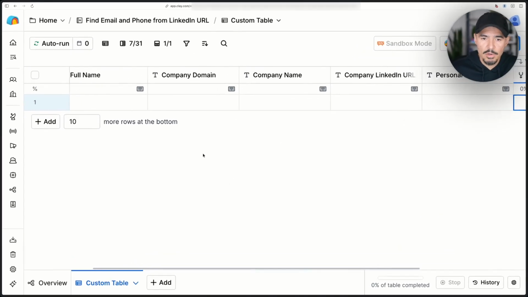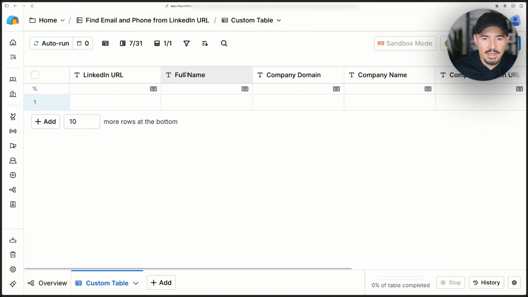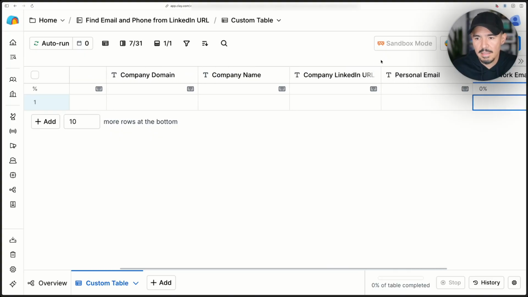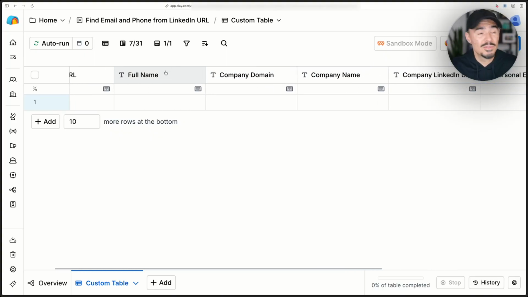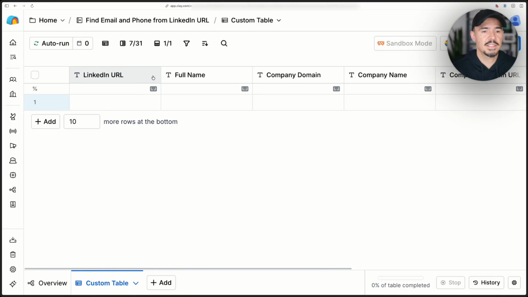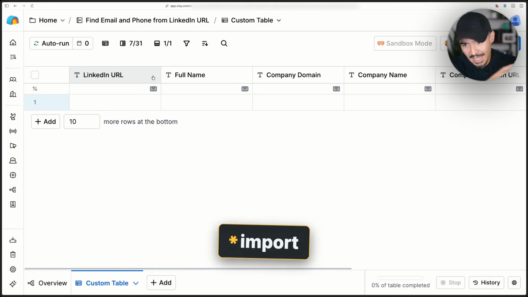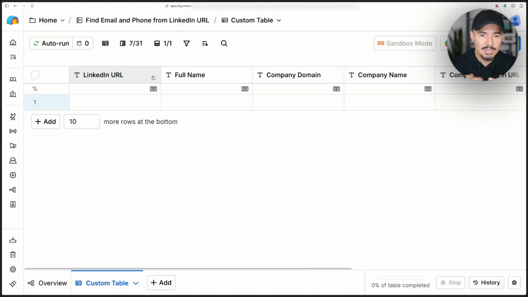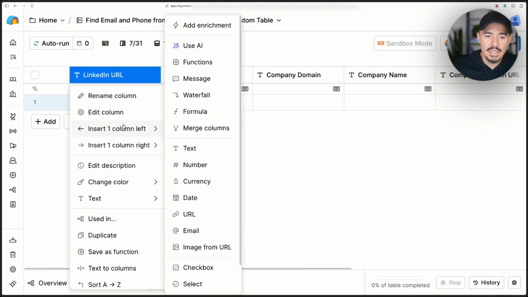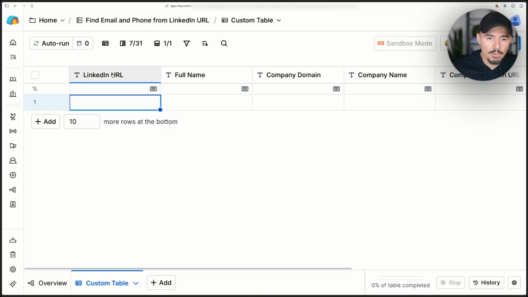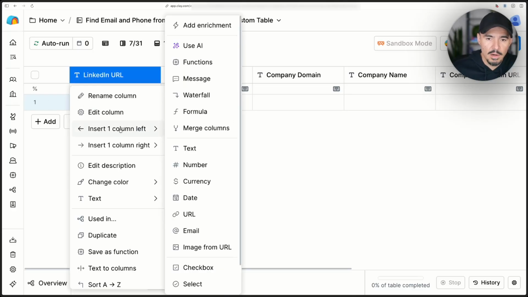So now the bigger question this has introduced is, how do I find full name, company domain, company name, and all of this information from just a LinkedIn URL? Now you have two paths here. You can find a way to just export all of this stuff right in here. And if that's something that you're like, I have no idea how I would get all this information, all I have are LinkedIn URLs, then what we need to do is find information on that LinkedIn URL first as a prerequisite. So we're going to go back all the way to the beginning to our LinkedIn URL column,